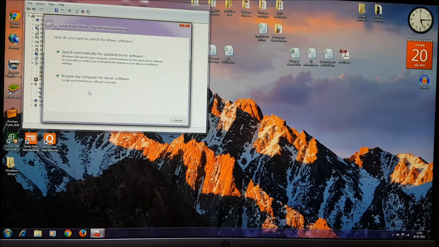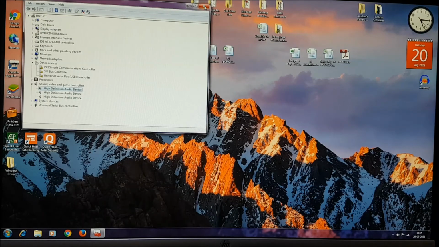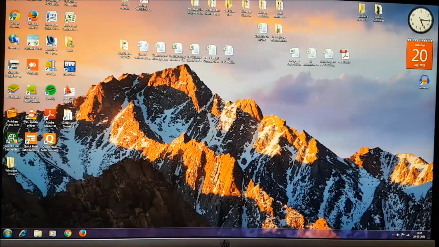And so you need to just click on update software, and here you need to click on this first option, that is, search automatically for updated driver software. All you need to do after you click on it, if your driver software is not installed or updated, then it will show that the best driver software for your device is already installed, which means that you are ready to go, and now you can follow all those steps which I mentioned previously.